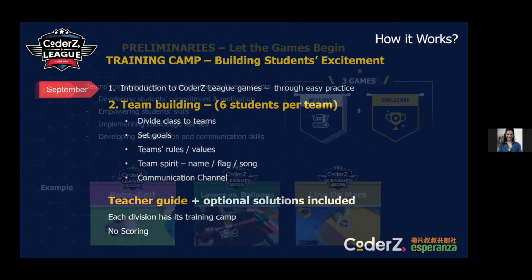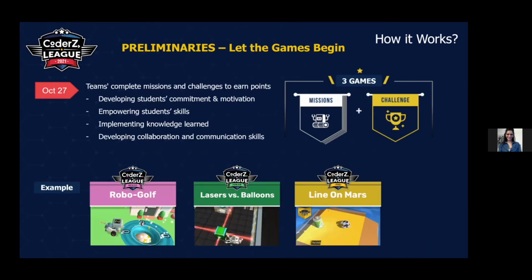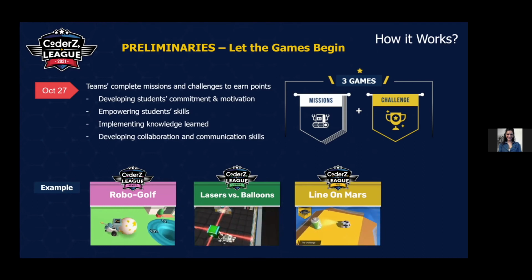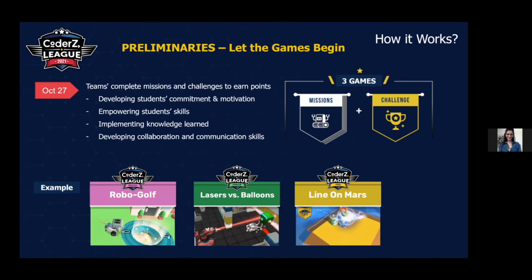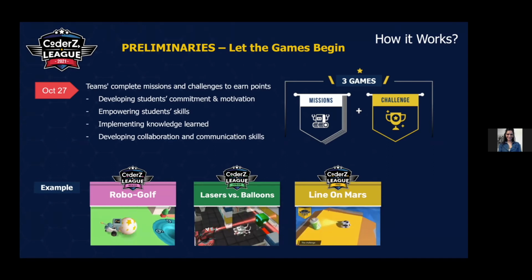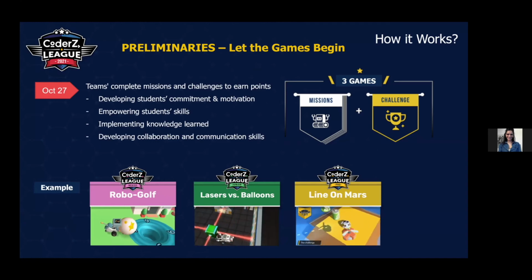On October 27, we are ready to start and announce the official opening of the competition. The opening stage, which takes 5 weeks, includes 3 games per division. For example, in the novice division, one of the games is RoboGolf, where students need to program the robot to put balls in holes and gain points in 10 to 15 different missions.